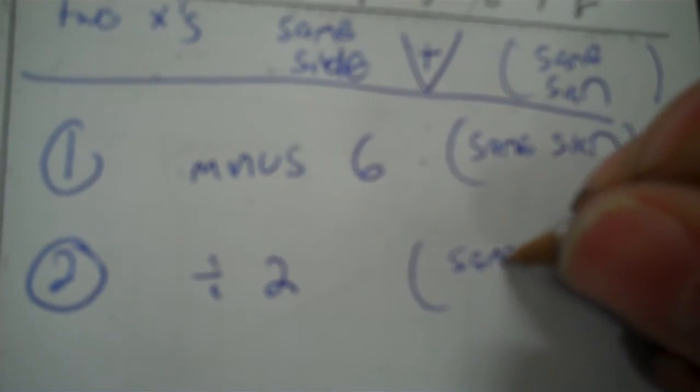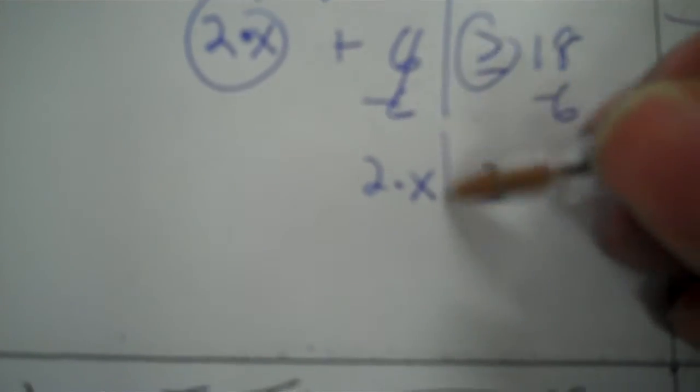Same sign. Then I'm dividing, but it's by a positive, so same sign. Okay. Minus 6, that's 12. And then same sign again when we divide by 2, because we're not dividing by negative, only positive. 12 divided by 2 is 6. So I go find 6, it's right here. Nose goes towards a number, so we go this